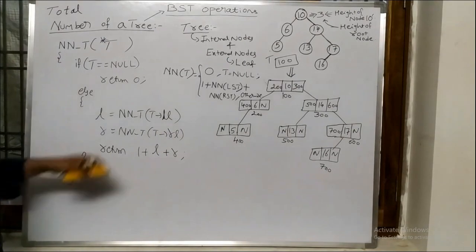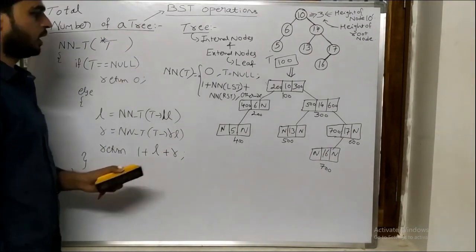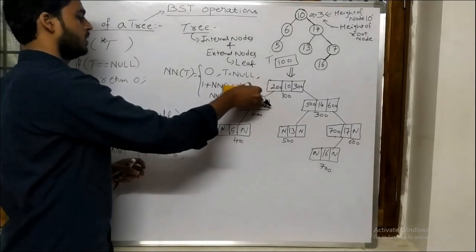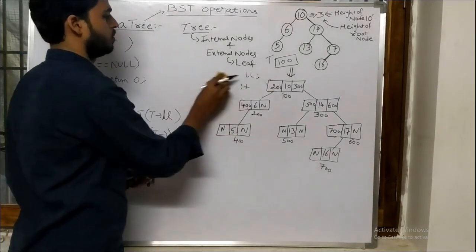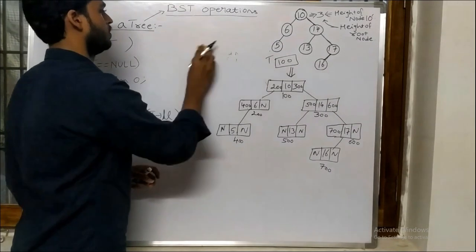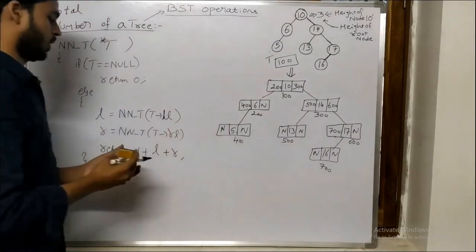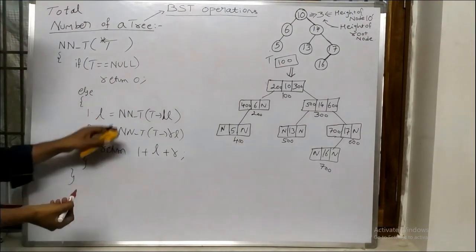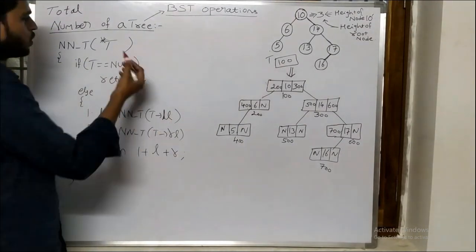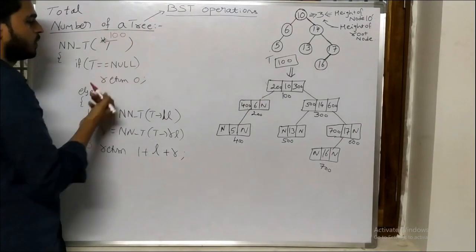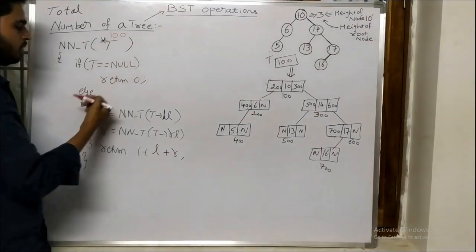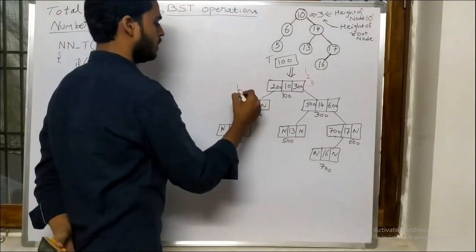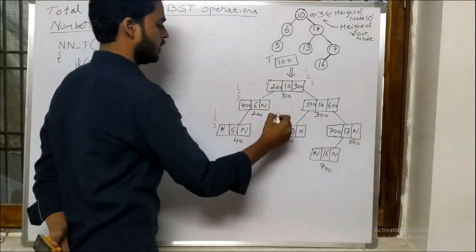This is the code to count the total number of nodes in a tree. That's it. If you want to see the logic, just check here. For our understanding, I am simply numbering the steps as 1, 2, 3, because these are recursive calls and I need to define them like this. First it is going to pass 100 here. Is 100 null? No. Then it is going to execute the first step. So every time we need to write 1, 2, 3.